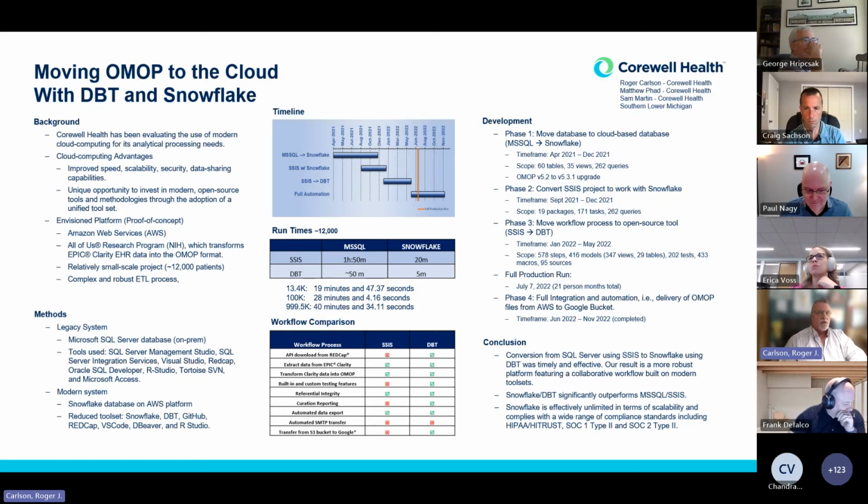At the end of the year 2020, Corewell was starting to evaluate the use of cloud computing, and they decided on Snowflake. And because this OMOP project was complex, but relatively shallow in terms of only 10,000 patients, we were seen as a good proof of concept for can we convert this and use Snowflake? And so we